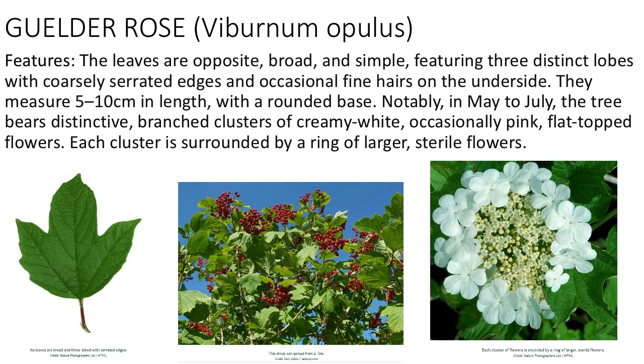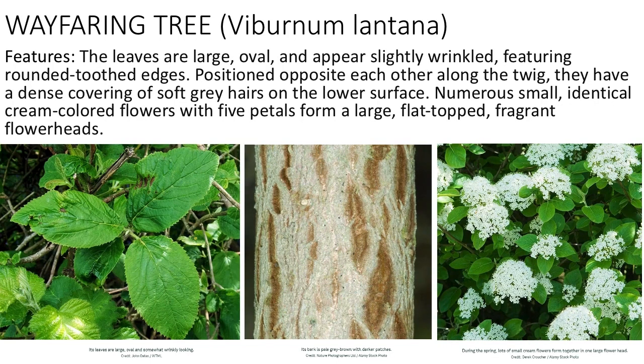Moving on to our next species, and the last one I believe. We're looking at the wayfaring tree. So the key features of this are that the leaves are large, they're oval, and they appear slightly wrinkled, which you can see quite well in the picture on the left. And they have these round-toothed edges. They are positioned opposite each other on the twig, and they have this dense covering of soft grey hairs on